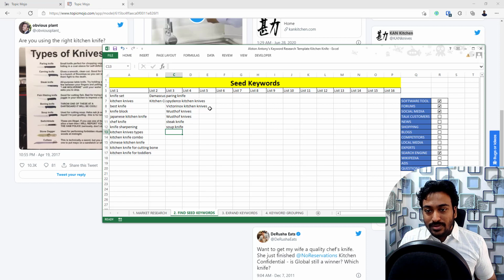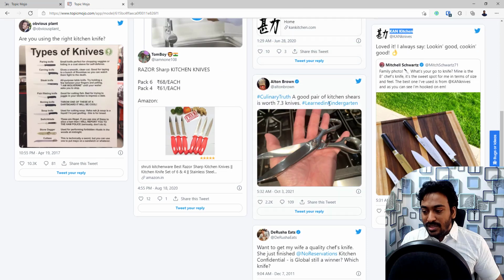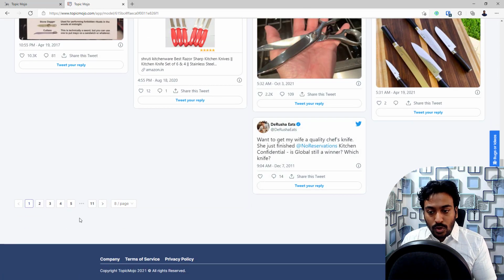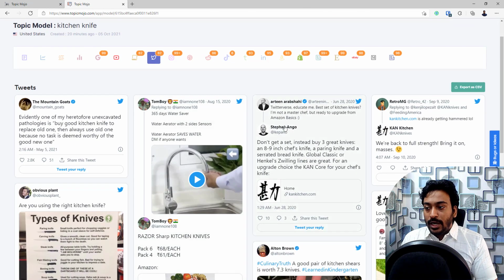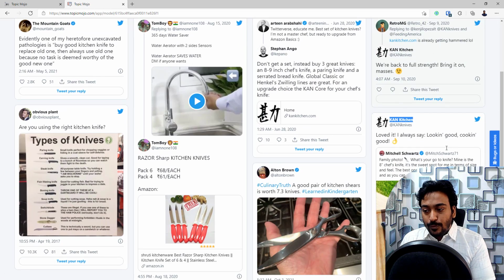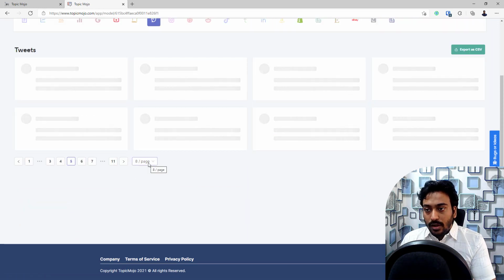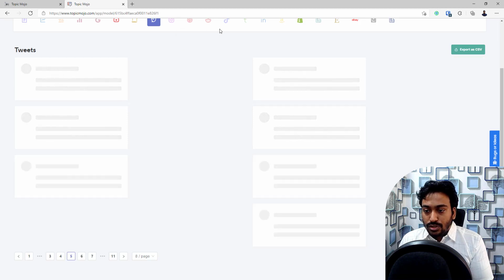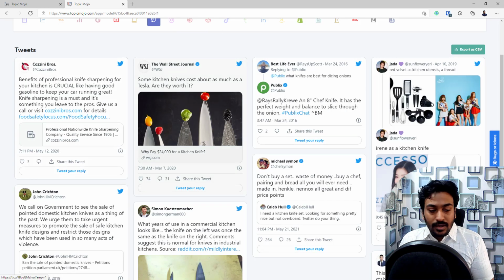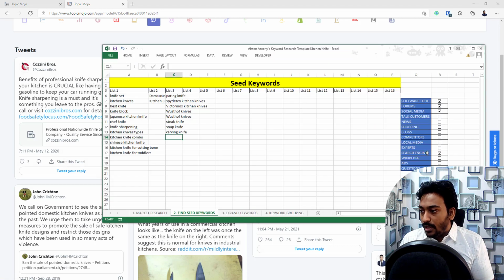Then let me do one more, carving knife, and these are really good options. So you can see within Twitter itself I can get more and more ideas. With Twitter I can find influencers in this space, not relevant for this particular thing, but I can possibly find any food blogger or a kitchen expert, chef or someone like that from Twitter and other social media profiles, and start getting this kind of source as well, the expert advice or expert followers, where they will share whatever